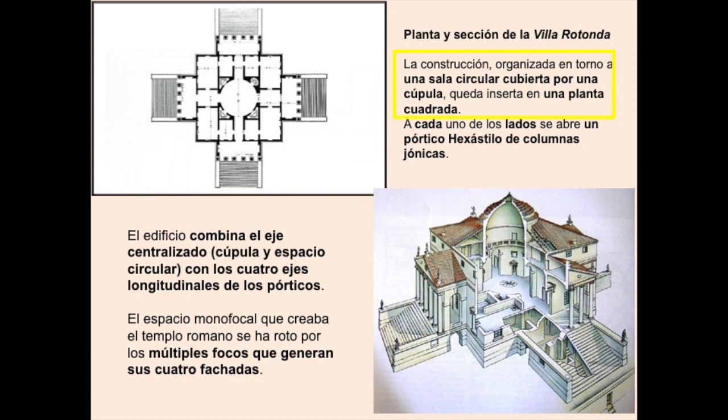Always the square, and in the center the circle. Of course, the circle normally means that it's going to be covered by a hemispherical dome, as you can see in the section, in the drawing of the section. You remember Leonardo da Vinci's design with the square and the circle, and in the middle, the human being,